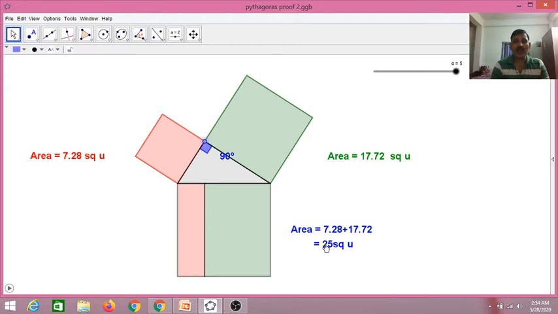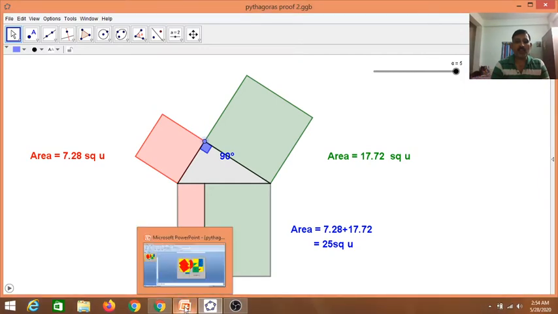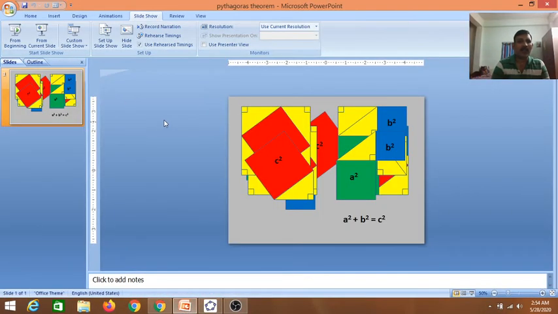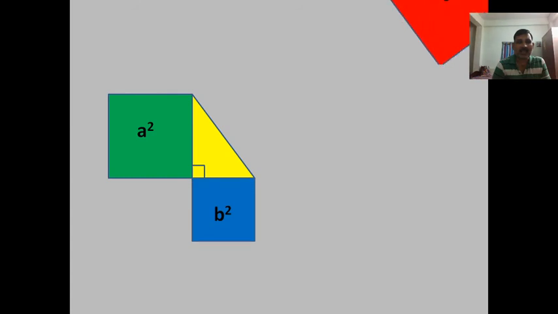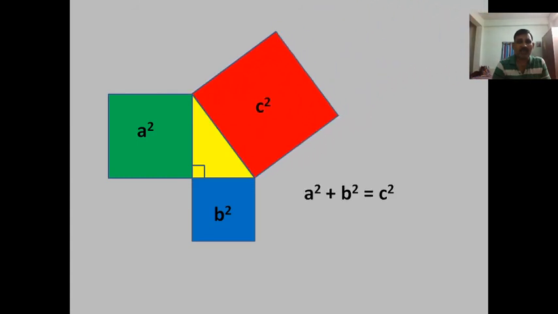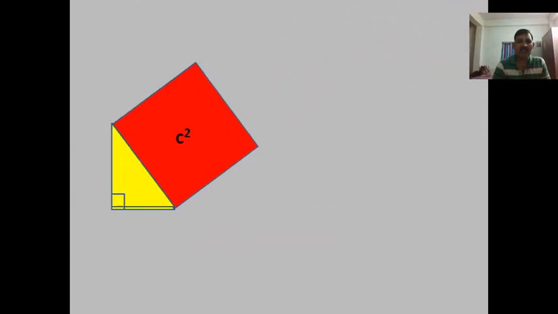Of course, there are so many interesting proofs related to this. Now I am going to show you one more visual proof which is quite interesting. Now let us see. We know that the statement of the Pythagoras theorem is the square of the hypotenuse is equal to the sum of squares of the other two sides in a right angle triangle. So we are considering a right angle triangle. The two squares on the sides are a square and b square, and the hypotenuse is c square. So we have to prove a square plus b square is equal to c square.